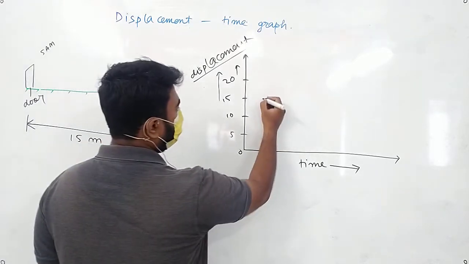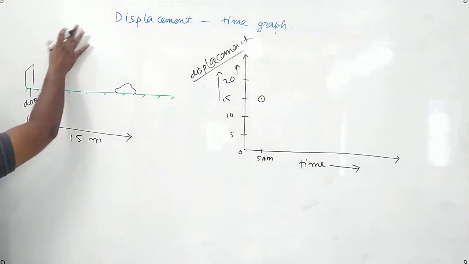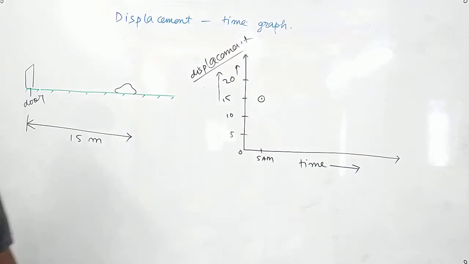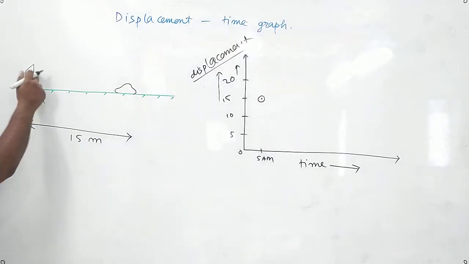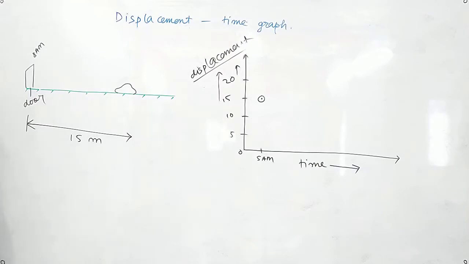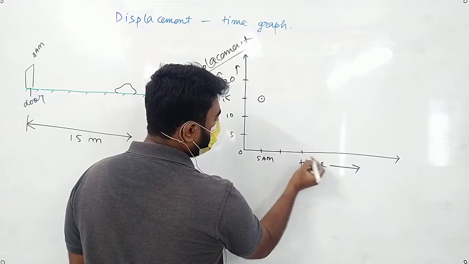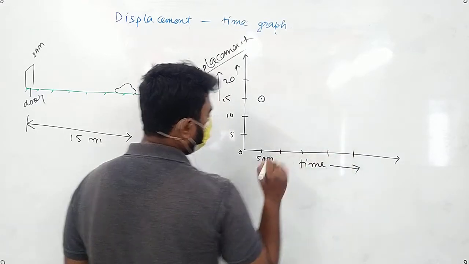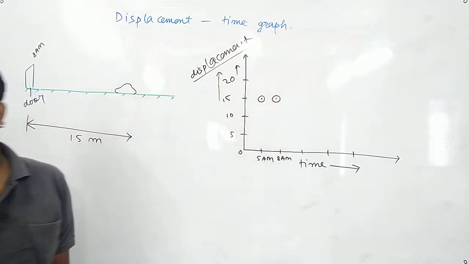He went to the bathroom, he freshened up, he was going out for office. When he moved out here at 8 a.m., where was the stone? At 15 meter from the door. So at 8 a.m. the stone was at 15 meter.